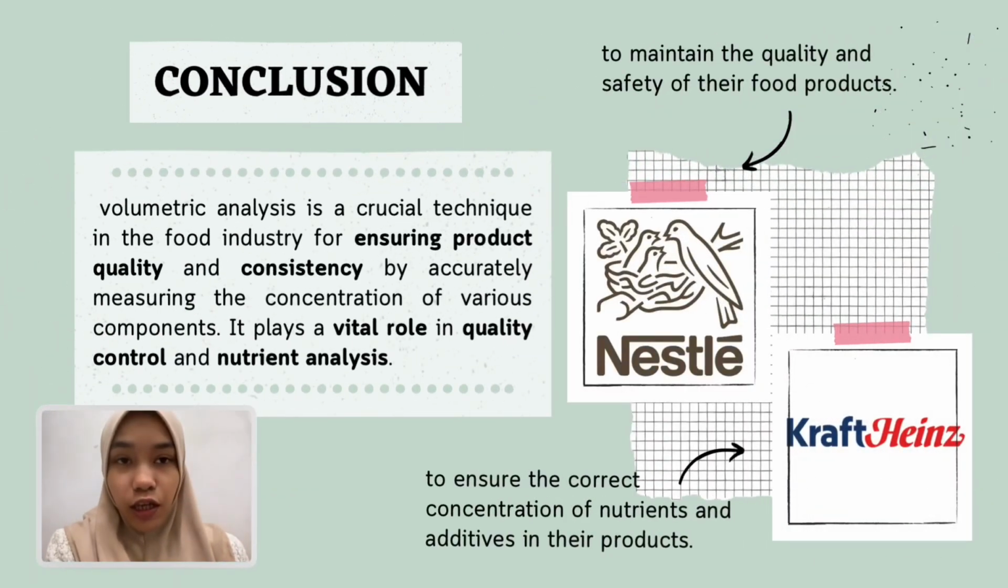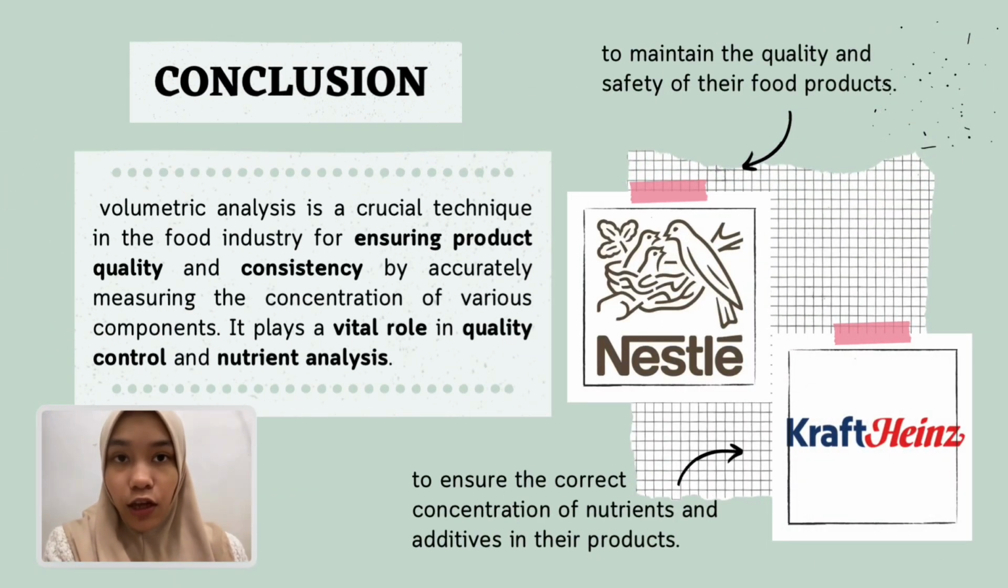In conclusion, volumetric analysis is a crucial technique in the food industry for ensuring product quality and consistency. By accurately measuring the concentration of various components, it plays a vital role in quality control and nutrient analysis. For example, there are several companies that apply volumetric analysis for quality control and product consistency, which are Nestle and